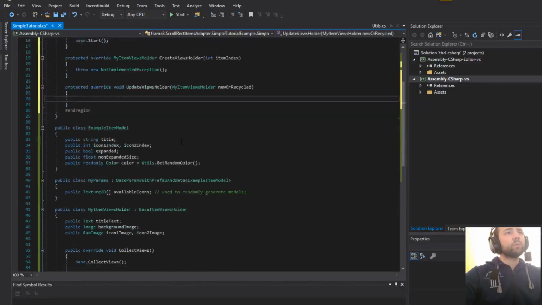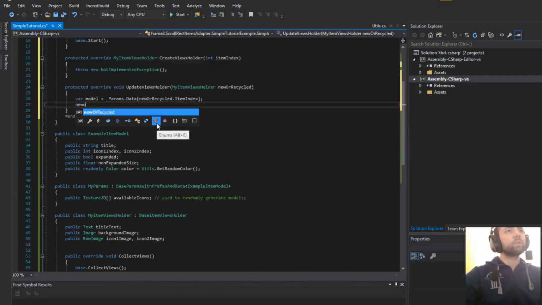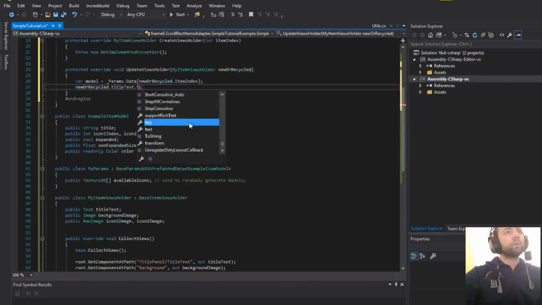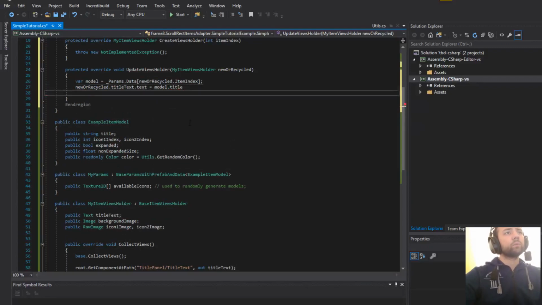So here we retrieve our model from the data list using the item index of the views holder that's given to us, and we simply set the data to the UI elements,